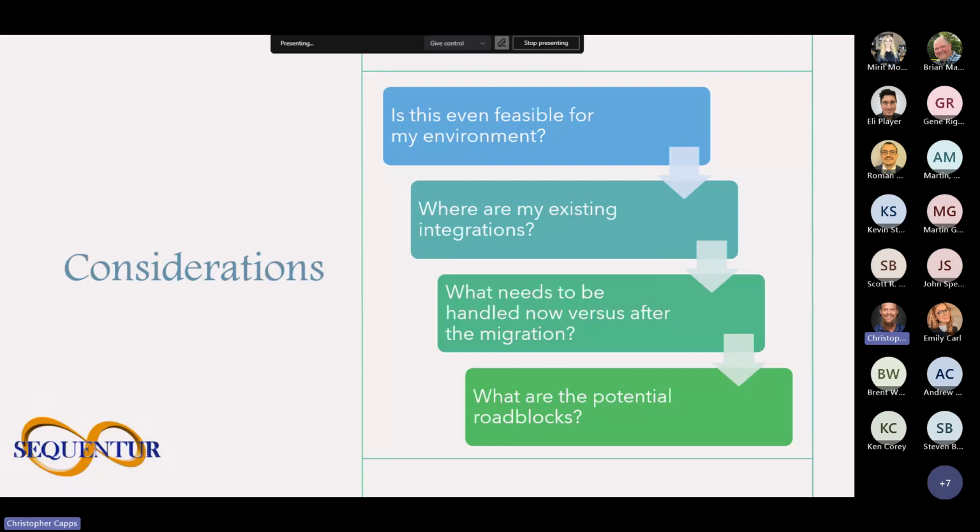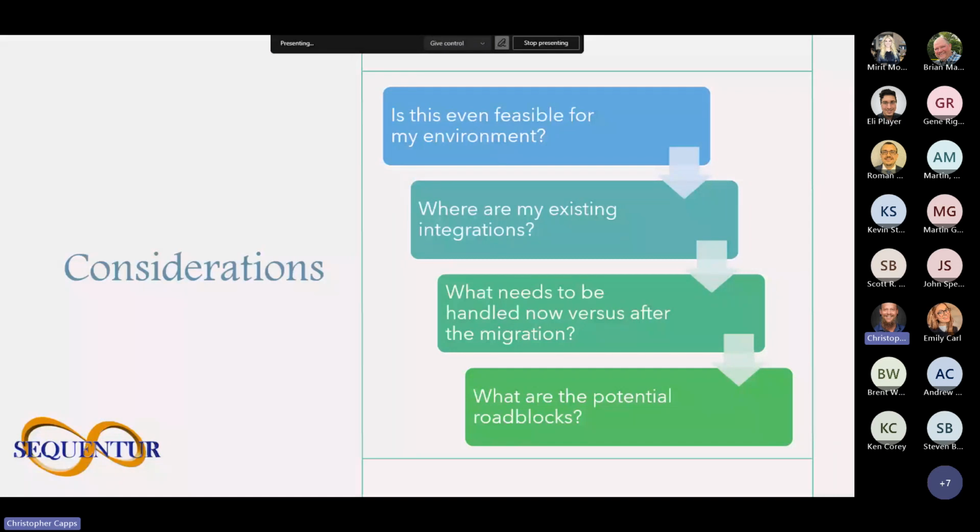A lot of times this is going to be single sign-on. Single sign-on can be configured on the Active Directory side, but it also can be configured cloud side, and the transition between those is pretty easy. And then after that, what needs to be handled now versus after the migration? The best example of now is single sign-on applications for critical functions. So my accounting team needs to sign into this accounting application, and they do it through Active Directory credentials right now. I need to make sure that they are good to go before we start migrating them. That way they can still function afterwards.